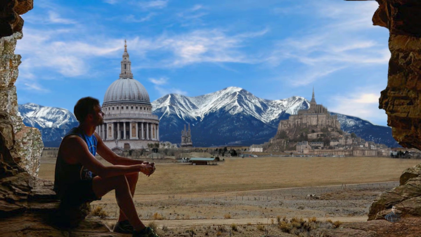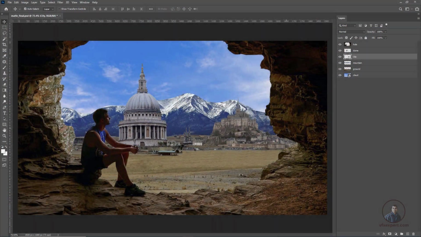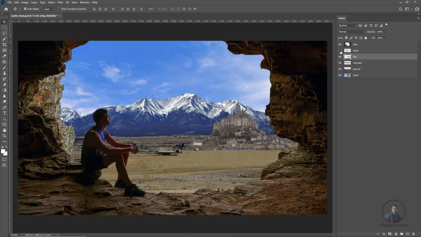Now today we are going to see matte painting in Nuke. So now here in Photoshop I have created our basic scene setup with the help of different images. Okay, so now you can easily check it here. After this we have to save this scene as a PSD file. Remember this one, you have to save this scene with the PSD file extension. Okay, so here I have saved matte_final.psd.